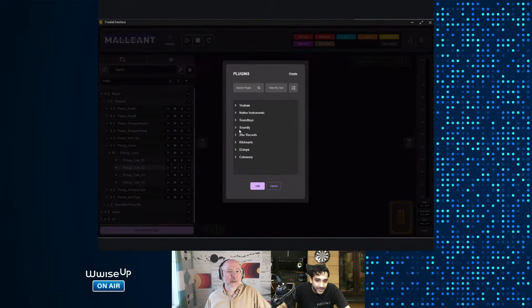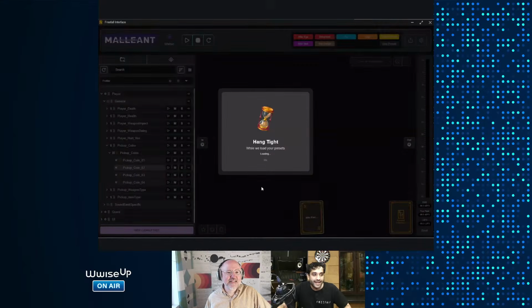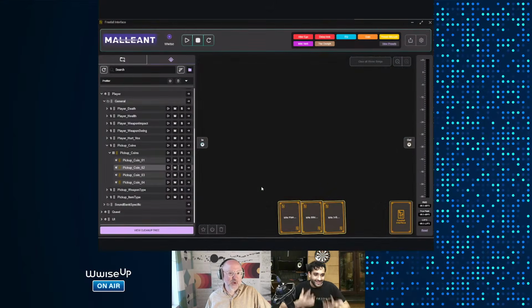So this is a card, and you go here, you can get all your VSTs, whatever you want. For this demo, I'm just going to stick with some kilohertz stuff. Bit crush because it's very audible, EQ and maybe some flanger. I've selected them all and then add them. Again, they get added like hands in your deck, then you can play them like Yu-Gi-Oh. But there's an actual reason for this as well. It's not just looking pretty.